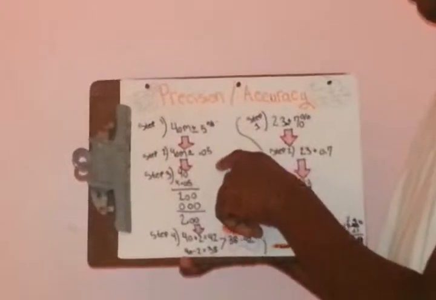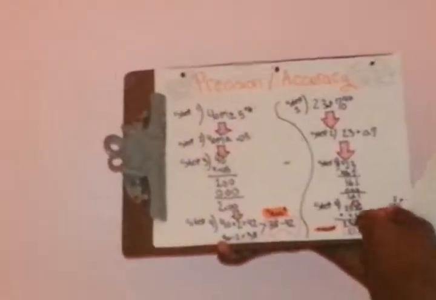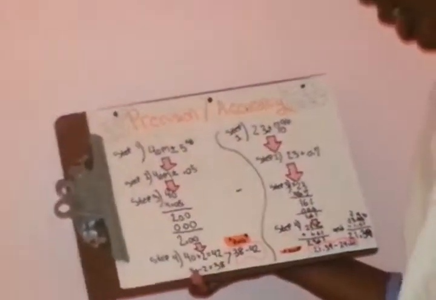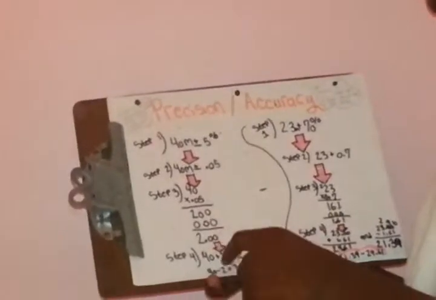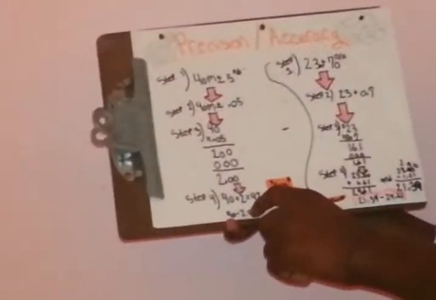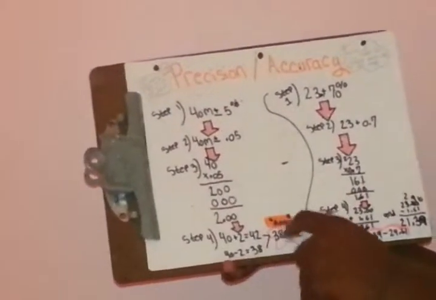Our first problem of the day is 40m plus 5%. You would change 5% into a decimal and it would be 0.05. And then you continue with the problem, which would be 40m plus 0.05. You would do 40 times 0.05, and it would give you 2. Then you would add 40 plus 2 and that would give you 42. And then you do 40 minus 2 and that would give you 38. And then you would combine the two answers you got and you would get 38 to 42, and that's your